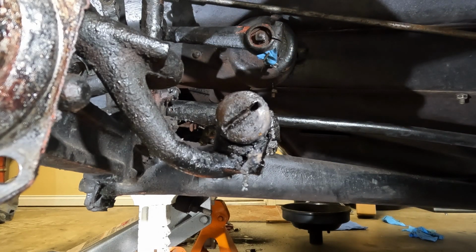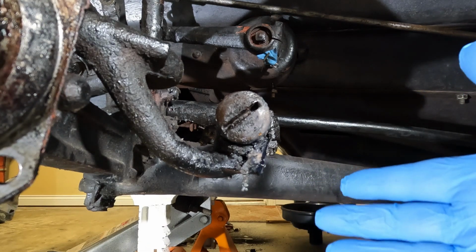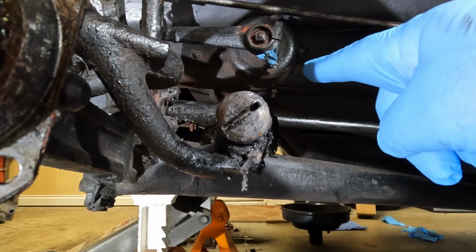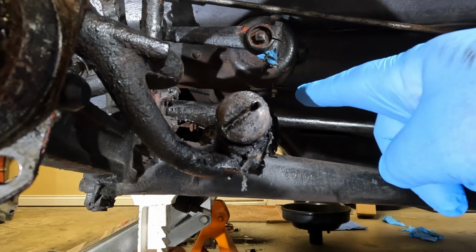Was thinking about trying penetrating oil. Not sure that that's going to get that off. I'm going to go ahead and continue to remove all the other components, and I've got stuff to do on the other side yet. And my thought process is